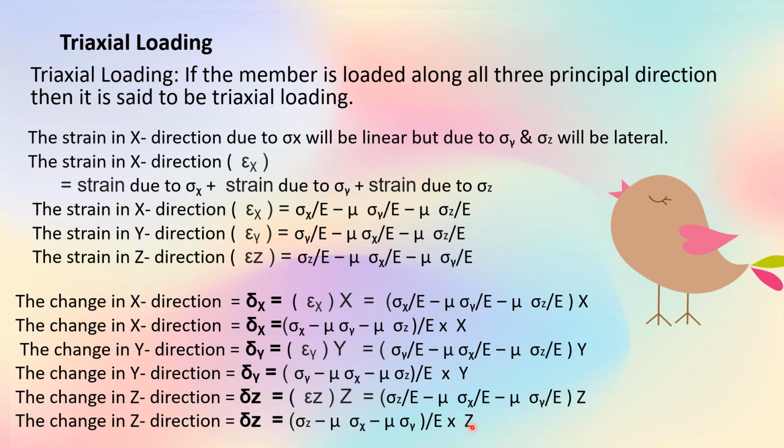So these are the formulas which we use to calculate. If we want the strain, we will be using this formula, epsilon x, epsilon y and epsilon z. If we want delta x, delta y, delta z, that is change in x direction, y direction and z direction, then we will be using this formula in the calculations, and we have to remember these formulas. Even if we remember the formula for strain epsilon x, epsilon y and epsilon z, and we remember that to calculate delta x we have to just substitute the value of epsilon x into length x, that gives us delta x, then it is very simple to remember the formulas.